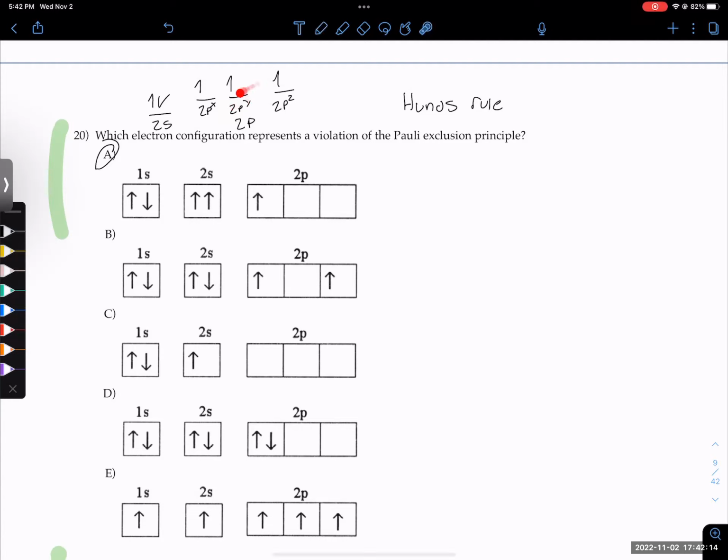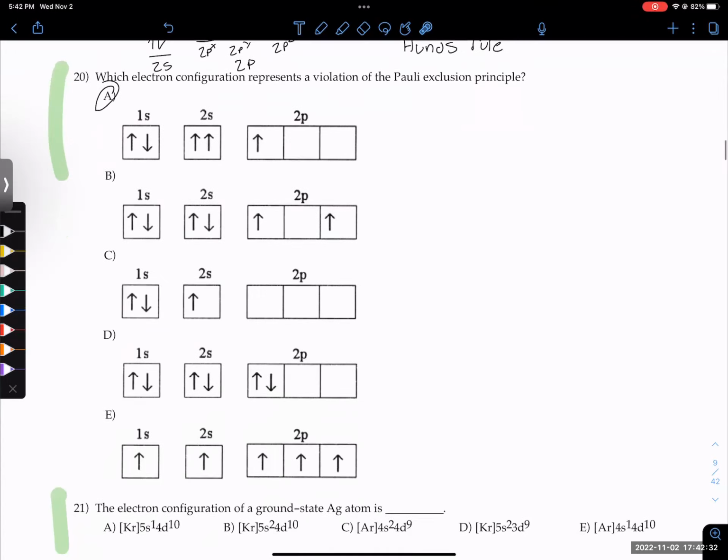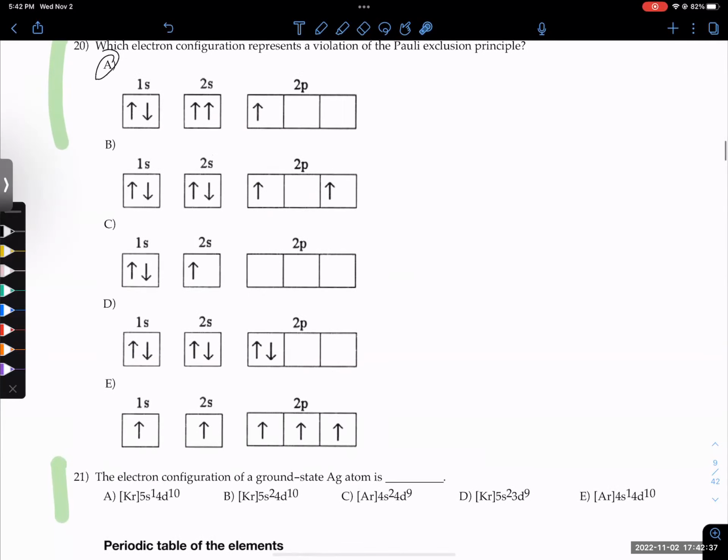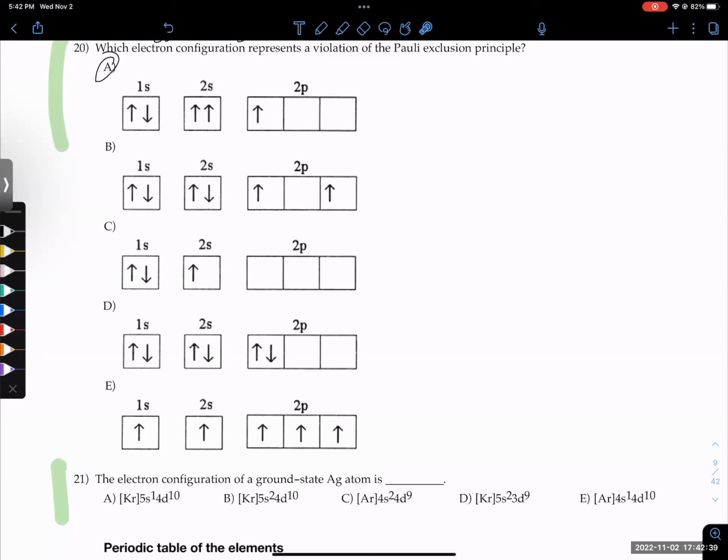I'm not sure if it's an energy thing. Probably not, because you would think all these orbitals are relatively similar in energy. But you're always gonna go X, Y, and Z. You're never gonna go X, Y, Y. I don't know the reasoning behind that, but just know you don't skip orbitals, as seen in B, okay? Good question. And that doesn't break a rule, does it? It probably does break a rule, which is why they don't allow it, but I'm not sure.